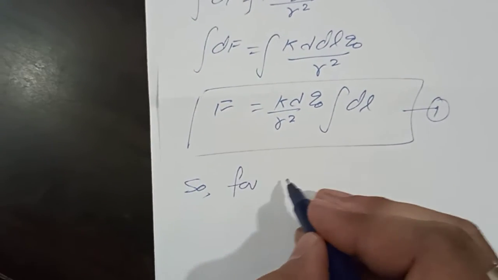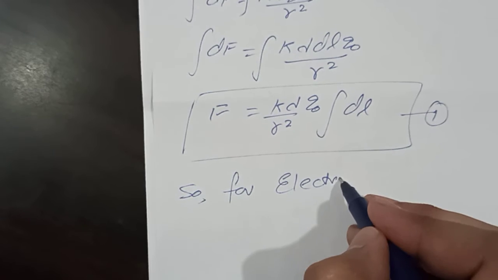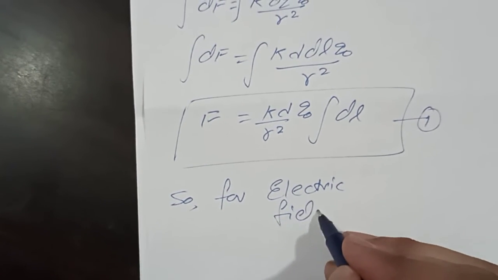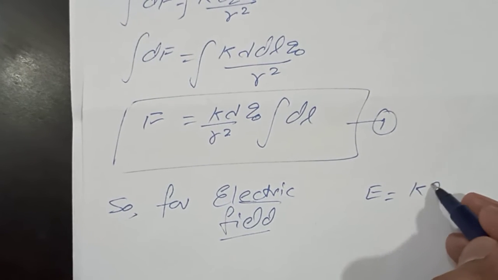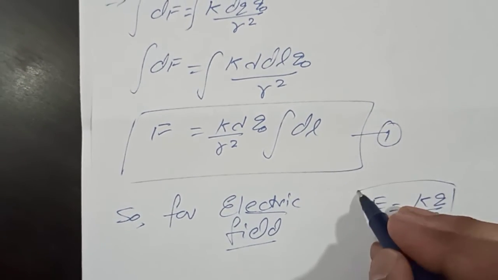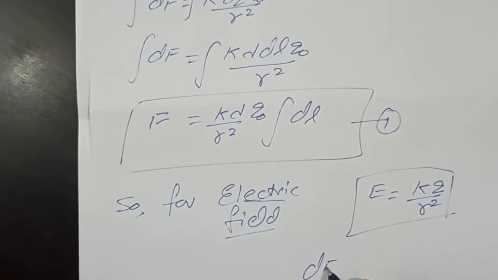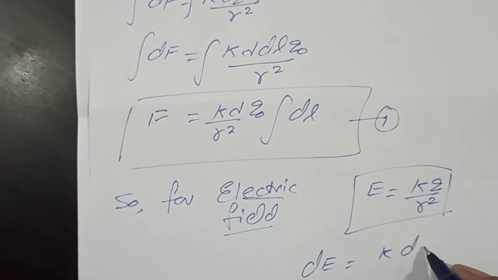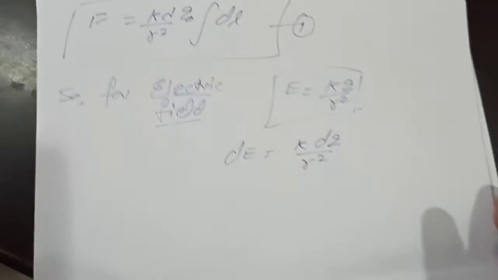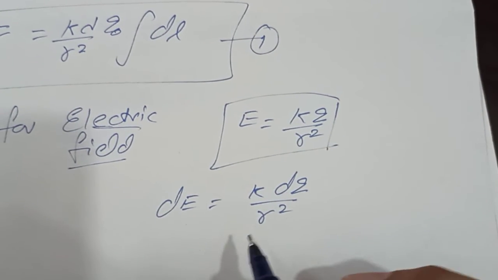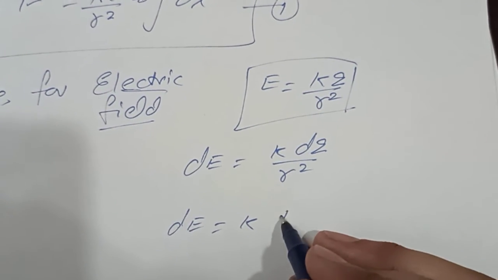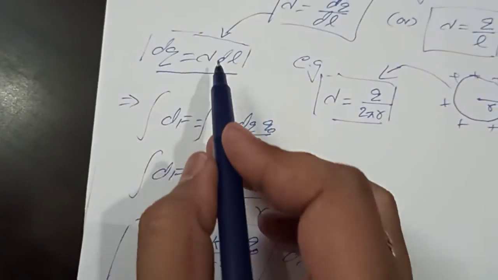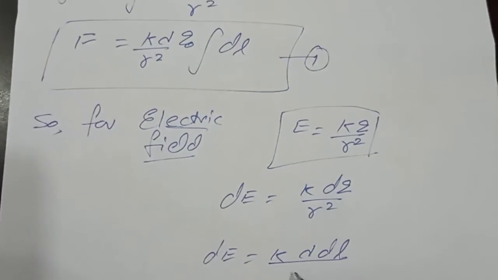So for electric field, the same formula comes, E is equal to kq upon r square. But for a small elemental charge, we have a small elemental electric field. This is dE is equal to k dq by r square. So by using dq equal to lambda into dl from the above formula,